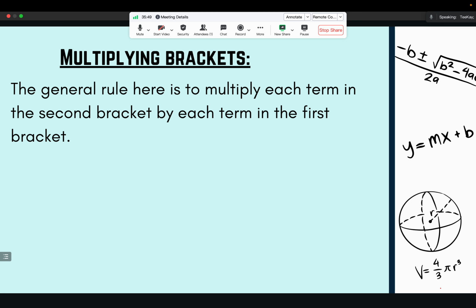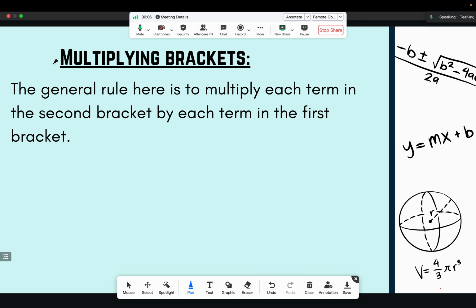So, the general rule here is to multiply each term in the first bracket by each term in the second bracket. We can also do this vice versa. So let's jump into an example before we talk more, because examples will make us understand this a little bit more. So let's say we have A plus B, and we have